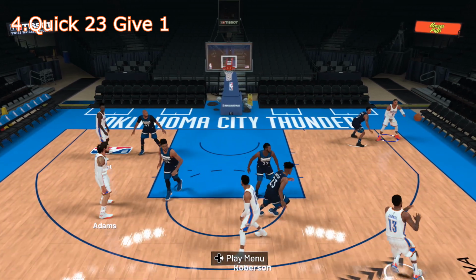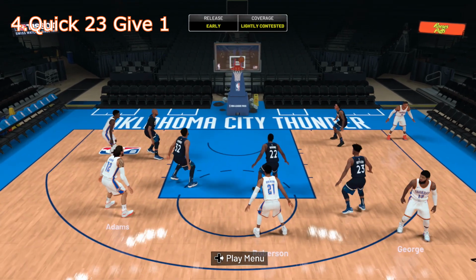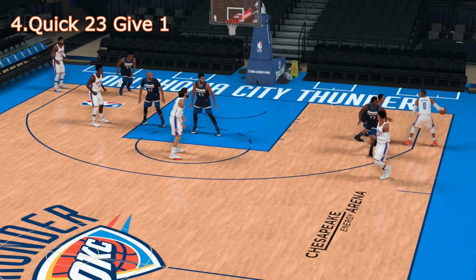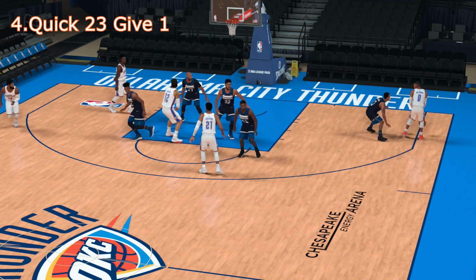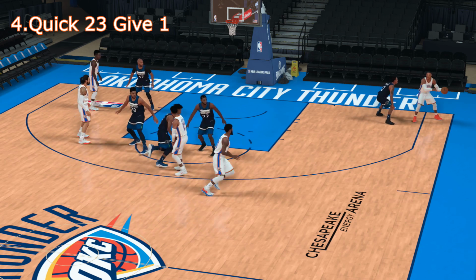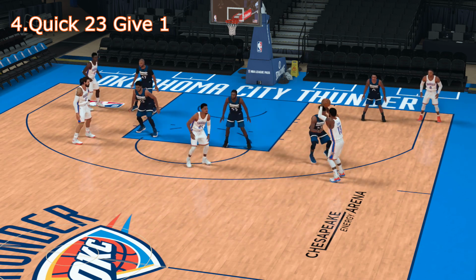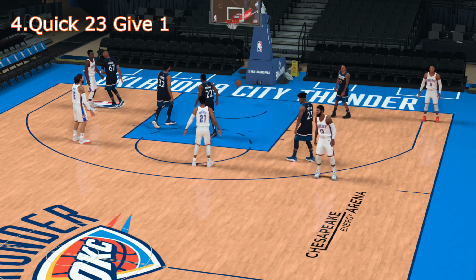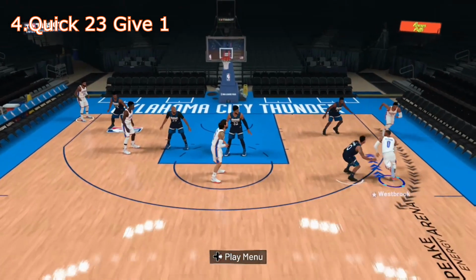So Westbrook is going to start with the ball on the wing. Then he's going to dribble into the corner, and Paul George is going to be in the opposite corner, and he's going to get a screen from Grant, Adams, and Roberson to get open for a 3. Also, after Westbrook dribbles into the corner, you can pass it out to Roberson, and Paul George will still get the screens from Grant and Adams, and you can pass it to him